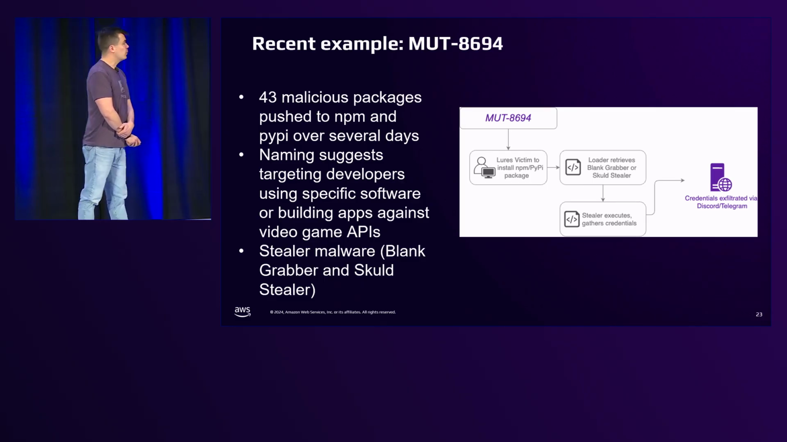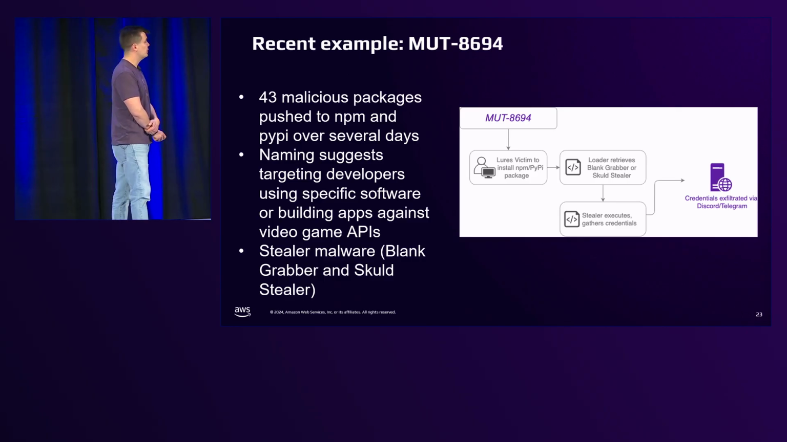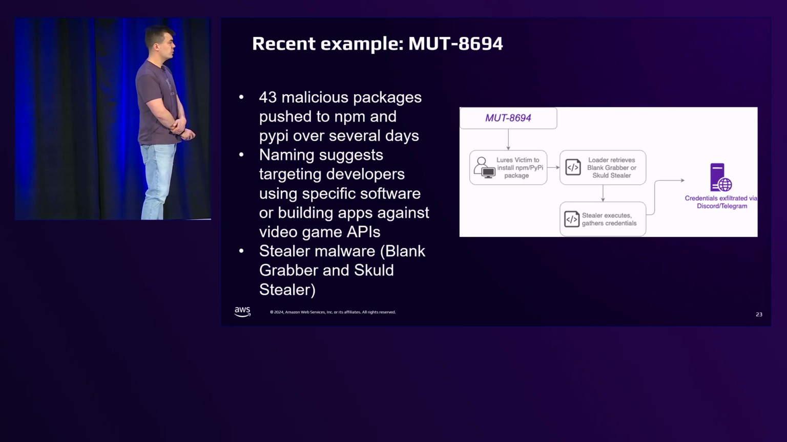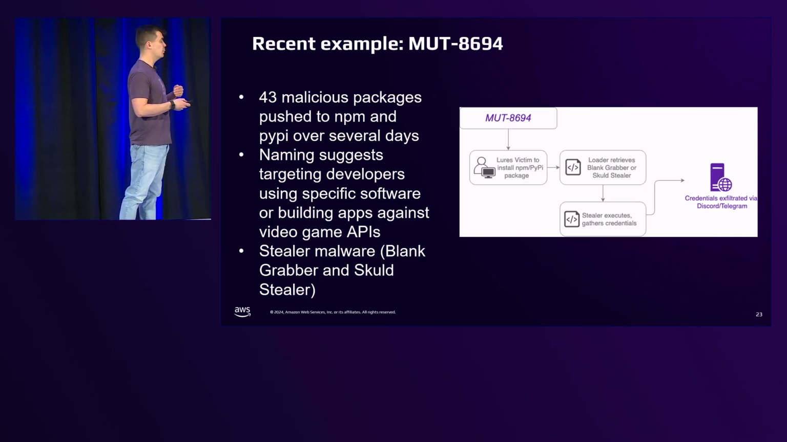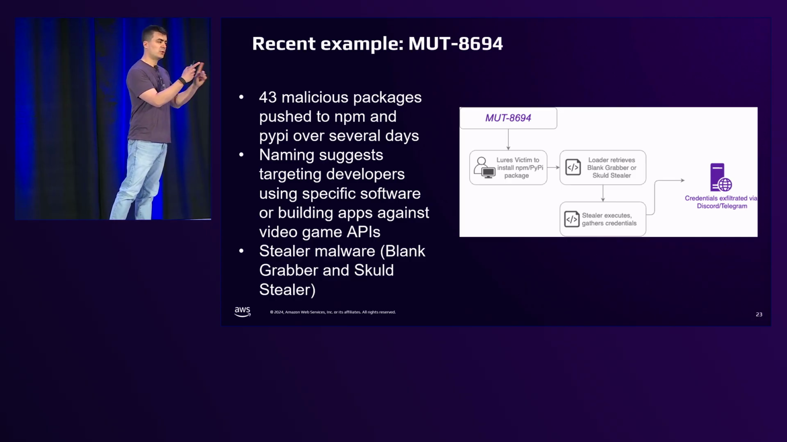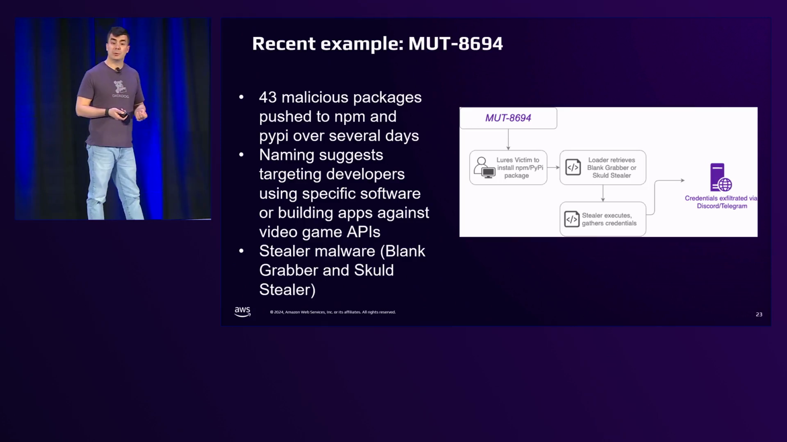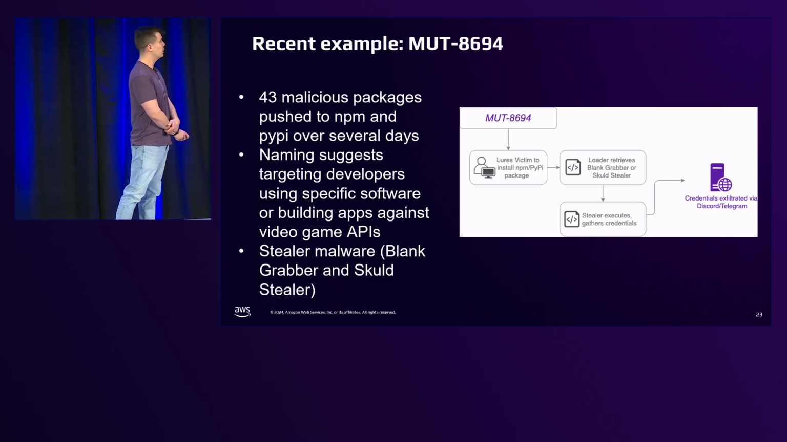MUT 8694 specializes in publishing packages over PyPI and NPM. We tracked this campaign specifically over 43 different packages around a week. What they did is they tried to leverage brand jacking and typo squatting, fat fingering your package to basically say like pip install request, but you may switch a U and an E with the hopes that people download this package. After you download the package and it executes, it downloads 2 additional payloads, specifically Blink Grabber and Scold